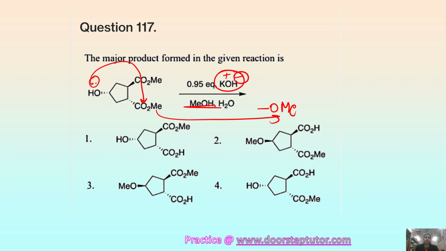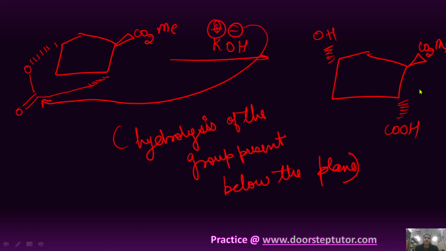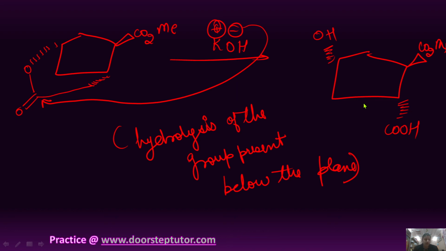This particular OH that is present in the reactant attacks on this CO2Me. How are we going to write CO2Me? Like this. If the OH attacks here, the OMe leaves from this position, and we are going to get the structure like an intramolecular reaction. We have various such reactions in chemistry, in the name reactions and in reagents that we are going to study. But in this particular thing, what you have to consider is